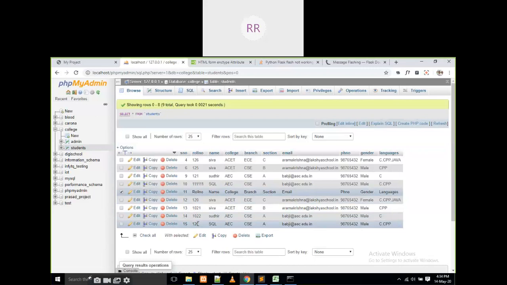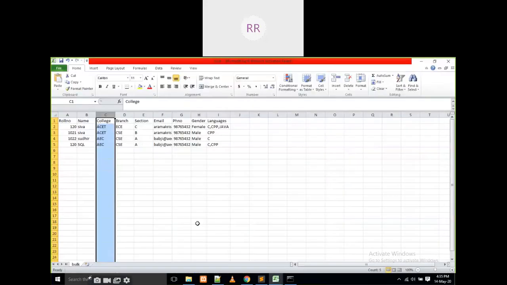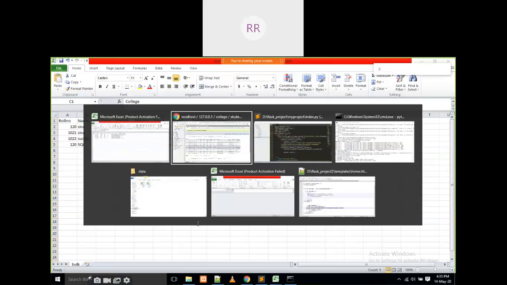That means every time we are going to insert, I am not teaching you here. That is your task. When we are in the Excel file, some thousands of records are there. Don't insert the duplicate records. First of all, we have to insert the original records only. That is your task to you.